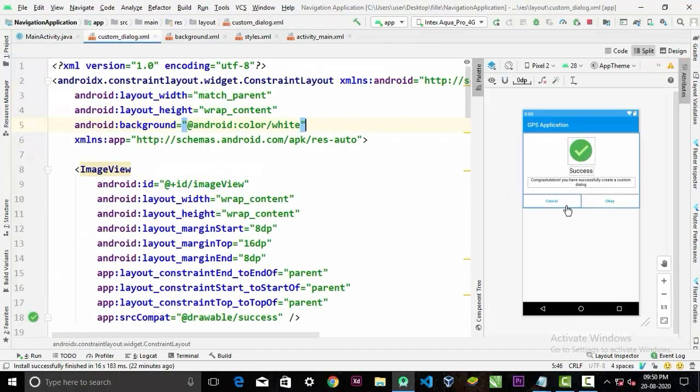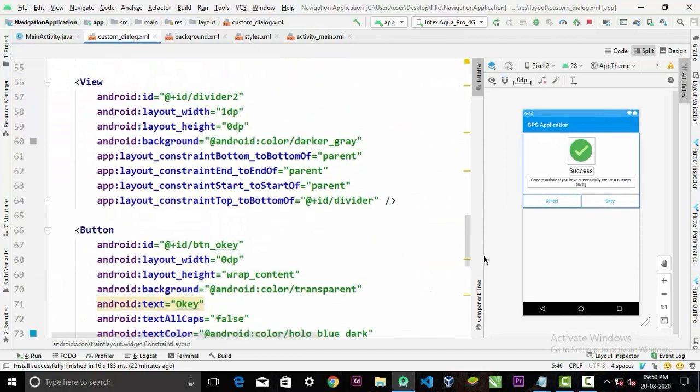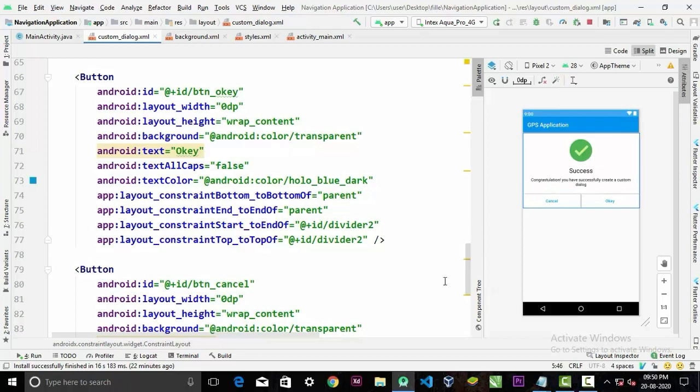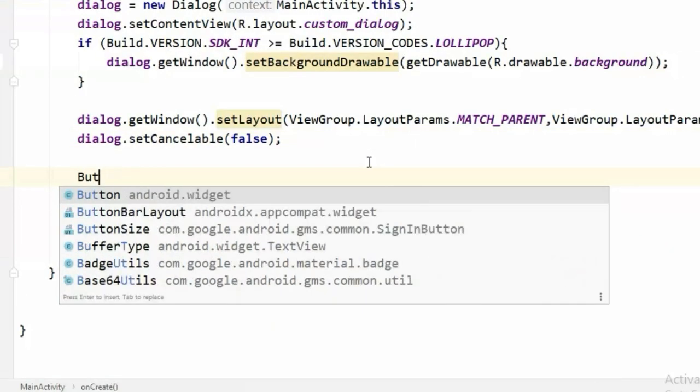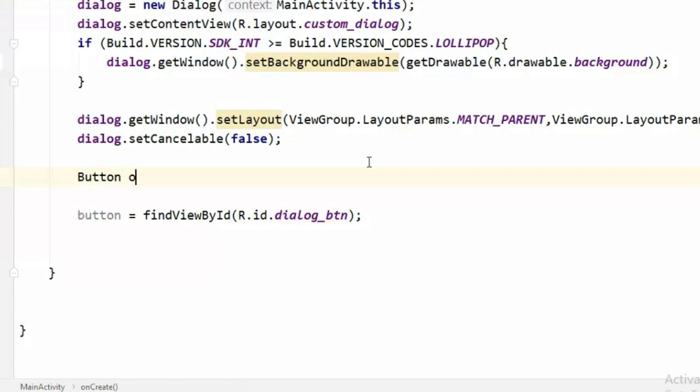Alright, if you go back to your custom layout, you will see we have added two buttons here with the ID in our dialog. So we have to add on-click listener on these buttons. In here we'll create a button. I'm gonna call it OK is equal to dialog.findViewById, R.id dot our button's ID.